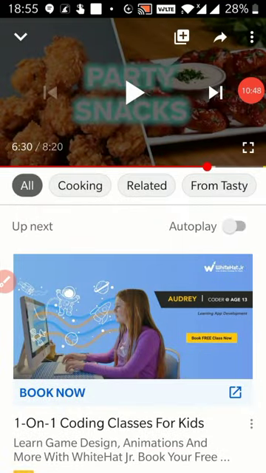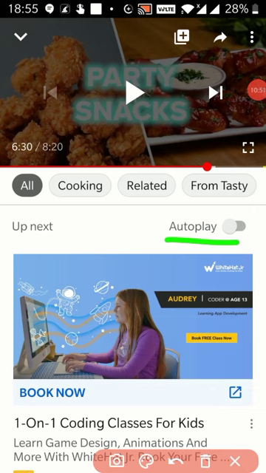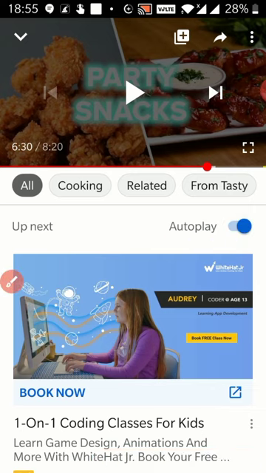The next option is autoplay. When you click on autoplay, if it is on, it will turn blue, and if you want to switch it off, it will become gray. The work of autoplay is that when you switch it on, suppose this video has ended and you want to open a new video, you won't have to search for the video, you won't have to play it and all.